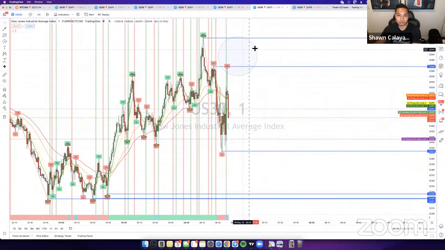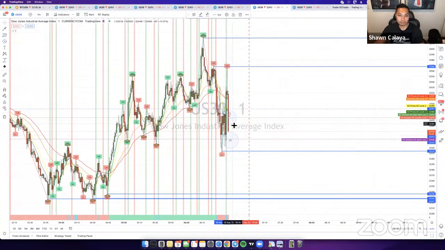I'm sure a lot of people got screwed right here because everyone kind of thinks the same thing. They're like, oh, price is coming back up, so they hop into that buy and then it comes right back down and stops them out. Back to what I was saying earlier, it's right at the sessions. I'm not taking any trades around this area because you're just going to keep getting that manipulation.